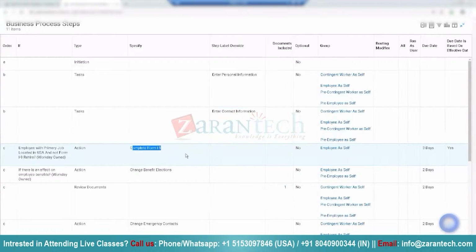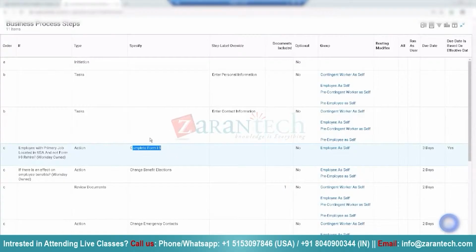If you have this step within the business process, then when the employee gets to this step, they see the electronic online version of the I-9 form, and they fill that out, and then they submit it. And then there is the verification, which the immigration person has to do, where they visually check the passport or driver's license. But as far as entering the information is concerned,